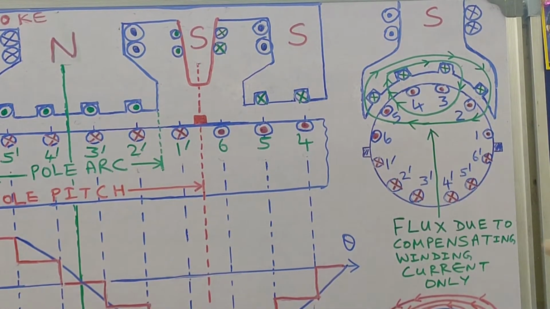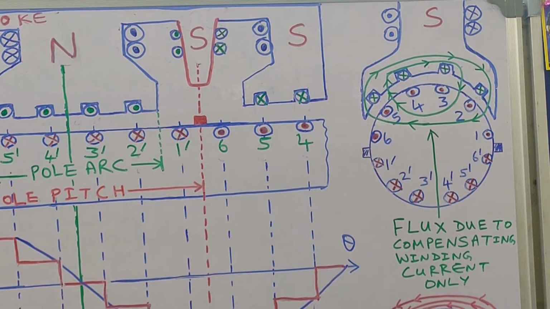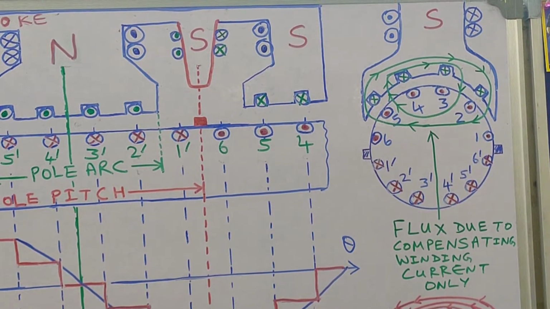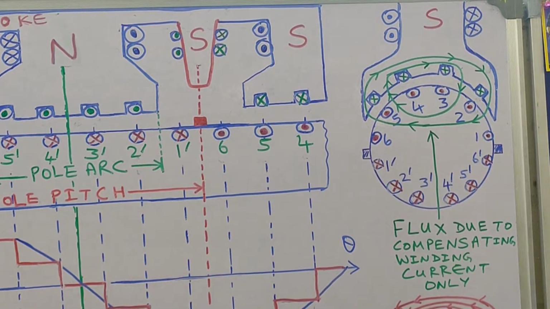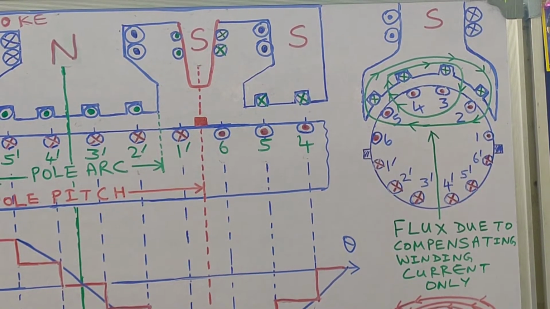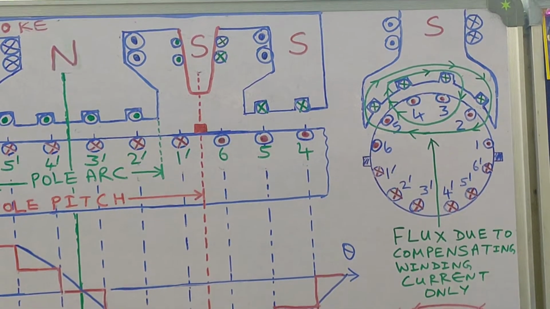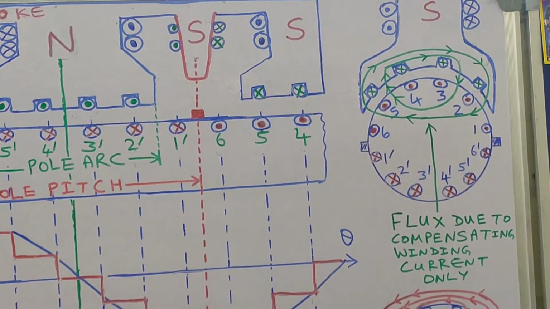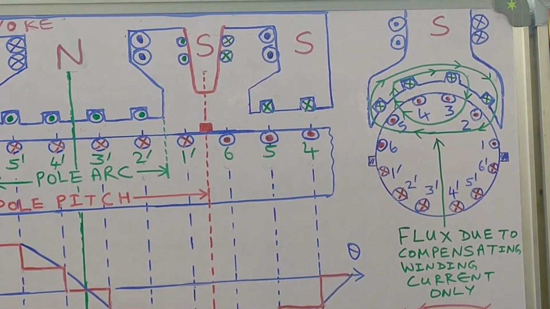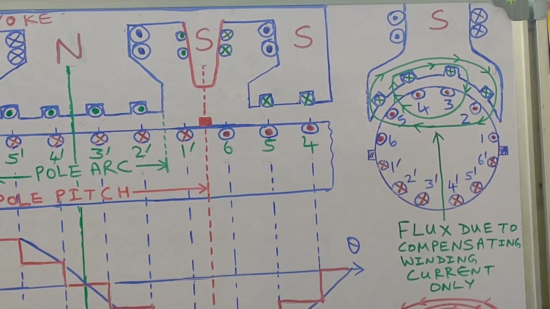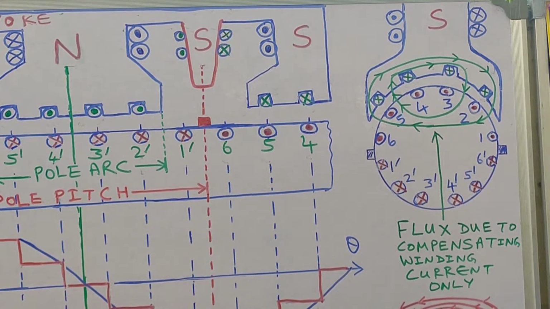Sometimes the developed view is taken starting from the interpolar axis. In some other cases, the developed view is taken with the starting point being the pole center, or the polar axis, or the field axis. What is the reason behind this varied kind of approach? In some cases the developed view is started from the interpolar axis, and in another case it is started from the pole center, the polar axis or the field axis.